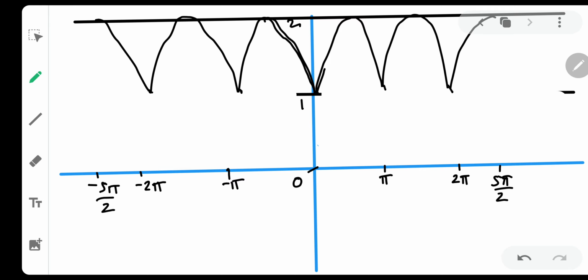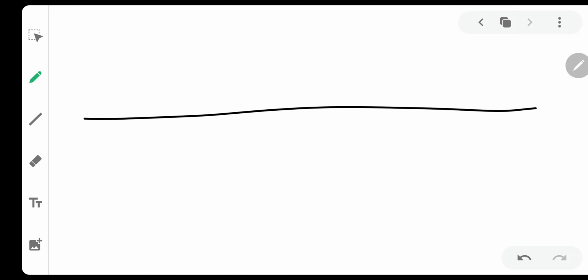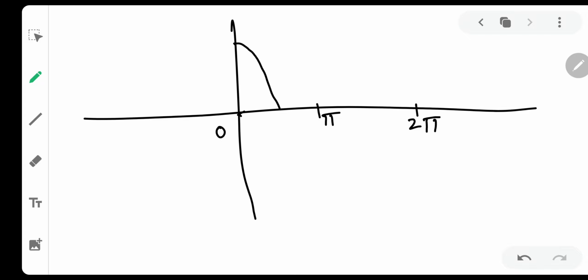Okay, now let us draw the graph of cos square 3x. This is the graph of 1 plus sine raised to 4 3x. Now drawing the graph of cos square 3x is very easy. As you all know, cos graph can be easily drawn. How? Because it can be drawn like this. At pi by 2 cos is 0 and at pi it is minus 1. So this graph looks something like this.